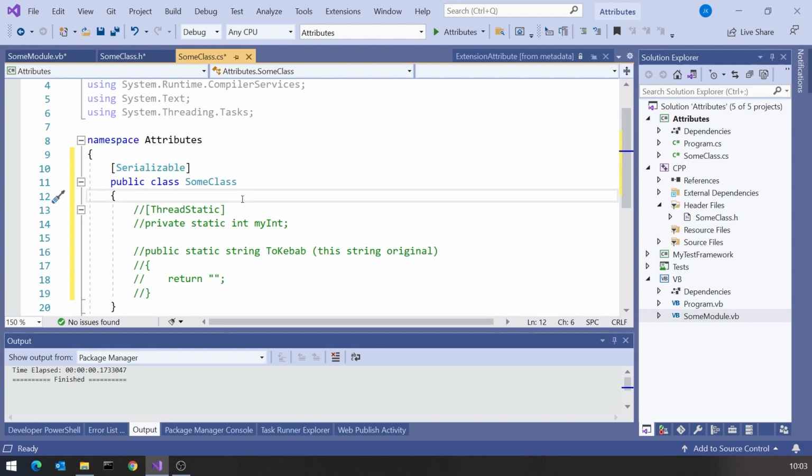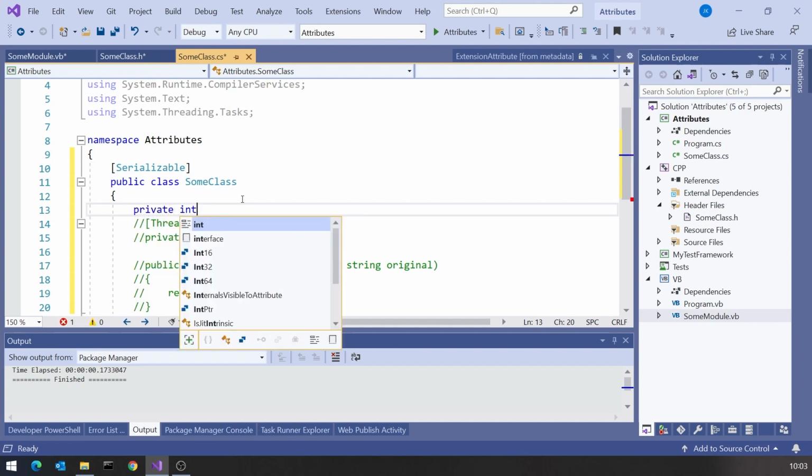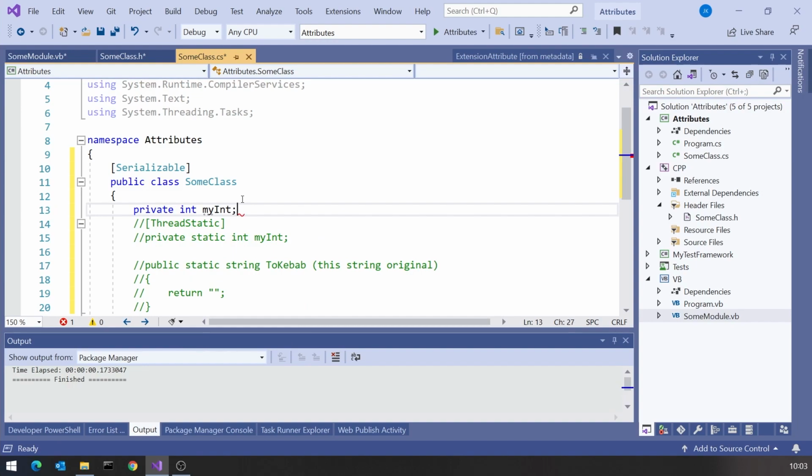All that that is actually doing is giving permission for the serialization code to access your private data. So if we had a private int myInt, serialization uses reflection, which is perfectly entitled to access that myInt, but we've declared it as private, so it shouldn't really, and so kind of out of politeness, it won't do it unless we've explicitly put that Serializable on there to say we're doing that.